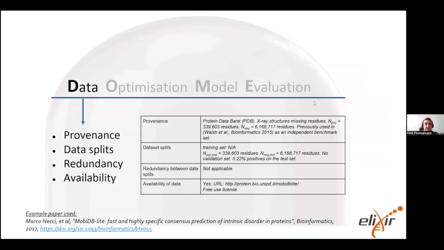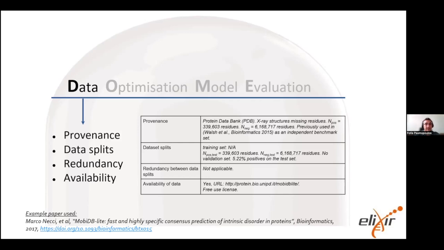Starting with the data, there are four main aspects. The first one, of course, is the provenance. If I'm going to use machine learning, I need to make sure that the data I'm using comes from a particular point of view, in other words, that I can retrieve them and have an understanding. You can see an example of how provenance can be filled in with an article here, and that would be the corresponding response. The data splits is one of my favorite ones because several articles tend to completely ignore this aspect. When you're training a model, you need to make sure that your data are split into training and test, occasionally also validation if you want to be more formal,